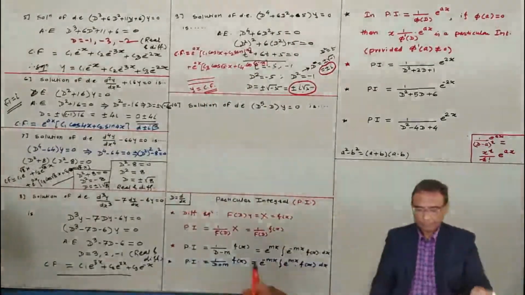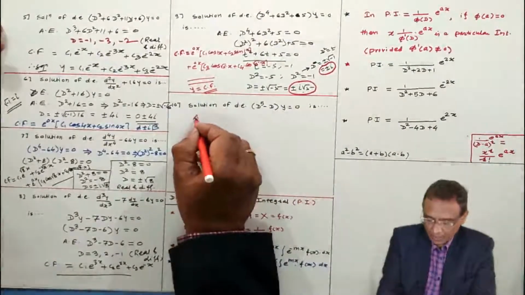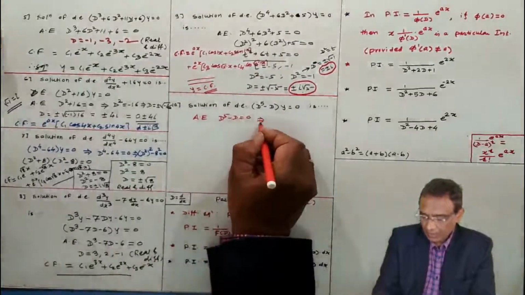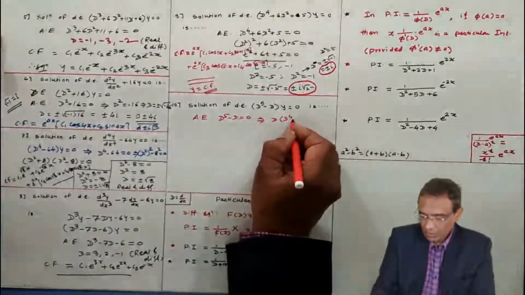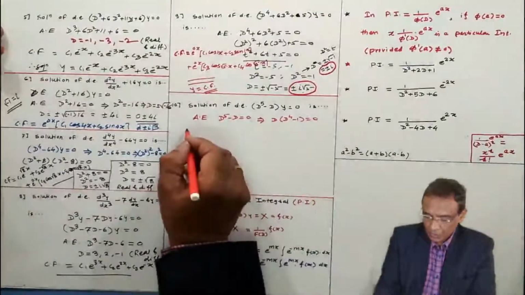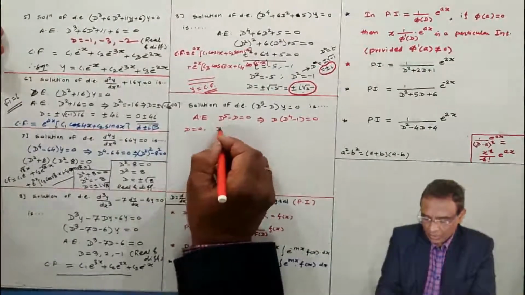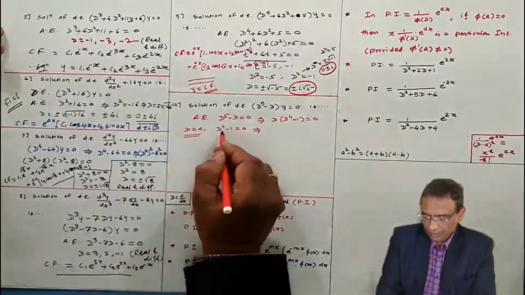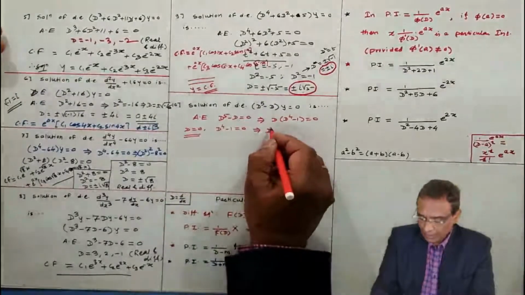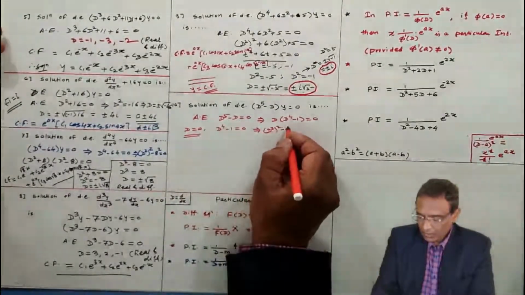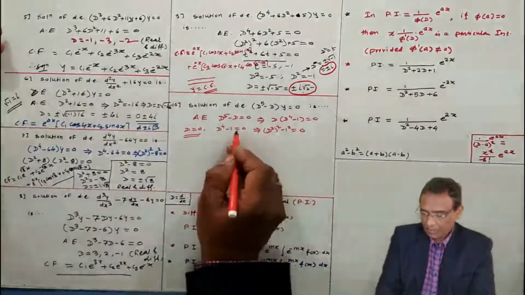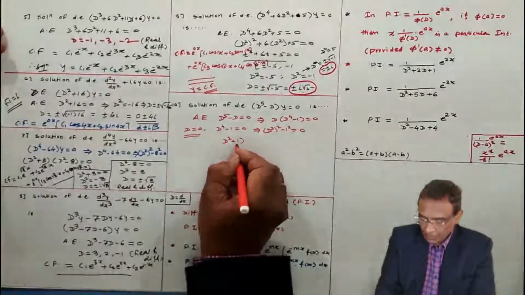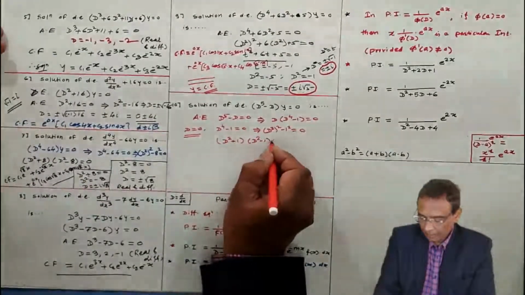Now the solution of this differential equation. I am writing the auxiliary equation d raised to power 5 minus d equal to 0. Here it is very clear that d is common, so d into d raised to power 4 minus 1 equal to 0. This means d equal to 0 and d raised to power 4 minus 1 equal to 0. One value of d we have obtained; the four values I will get from d square whole square minus 1 square equal to 0, because a square minus b square is a plus b into a minus b.